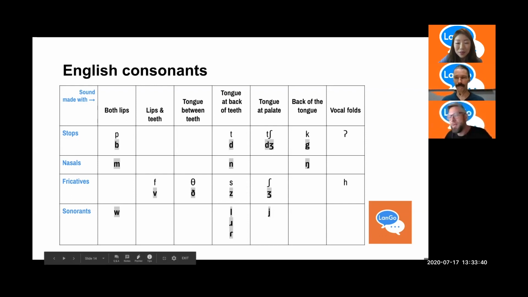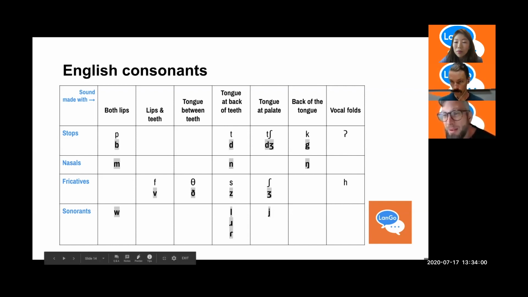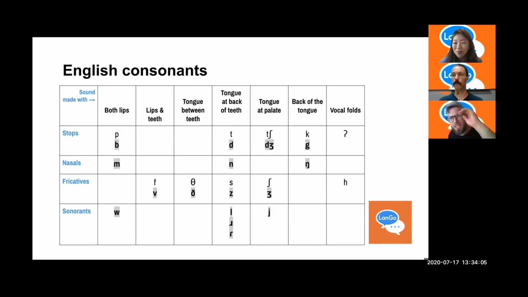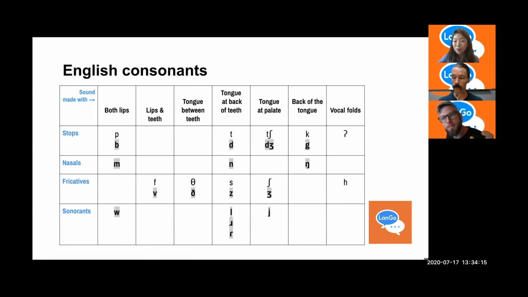So when we talk about this R, we're talking about something that Americans do, which is T and D become this kind of R, the kind of R that's found maybe in languages like Spanish. And this R is the sound like, if I tell you someone who writes books or someone who rides bicycles, both would be a writer, right? I have seen some work claiming that the vowel before that is different, but I've also seen work saying it's not. So in some speakers, the merger is complete, and in some it is not, right?